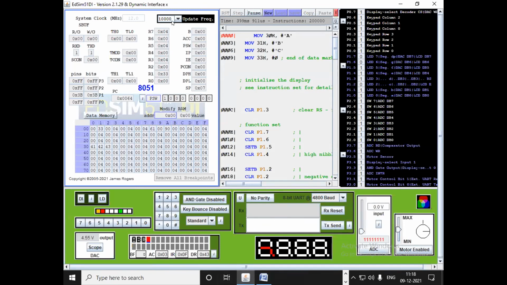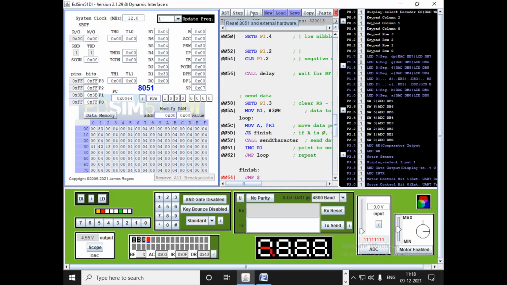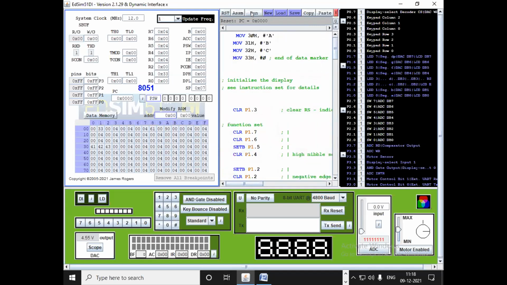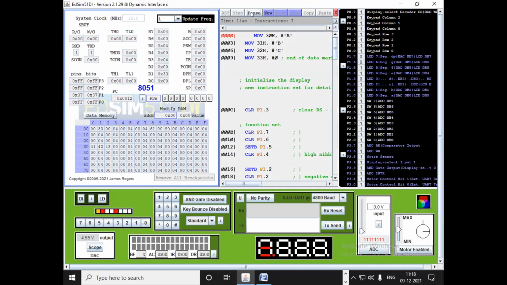You can see here if I change the frequency, we are not seeing anything on the keyboard. If you change the frequency up to 1000 or 10,000, you can see the ABC. So you have to match the frequency of your LCD display with your 8051, and by using that update frequency, you can see the ABC values.